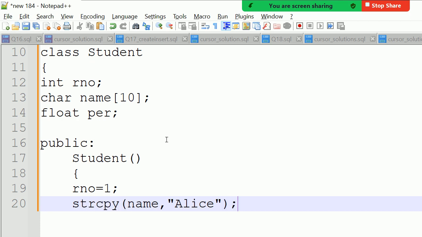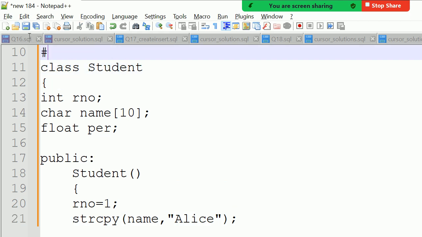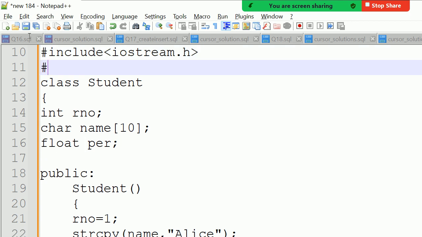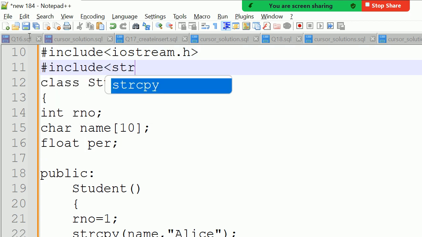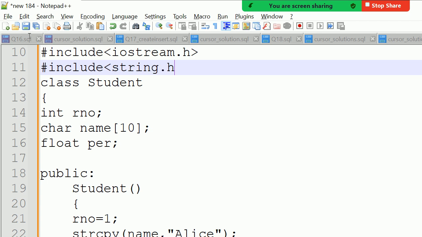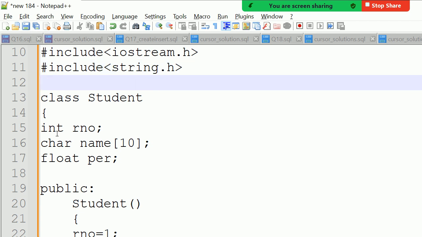We also have to include the header files. Which header files do we have to add as it is? .h and hash include string.h, sir. string.h. Okay. And now, what is the percentage I'm giving? 50%. Correct. So, and if we have a